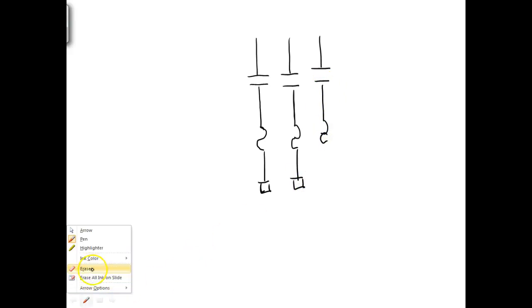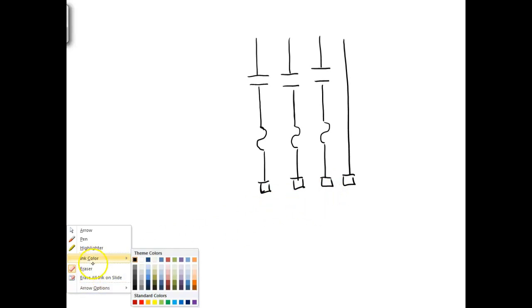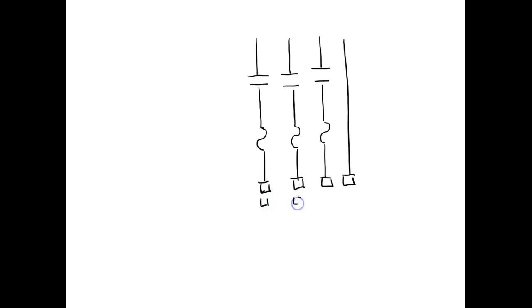Oops, no symbol. I'm thinking overload, but it's not overload, it's a fuse. This is the L1, L2, L3, and then we have ground over there. We're not on this. So what that means is, if I measure between L1 and L2,